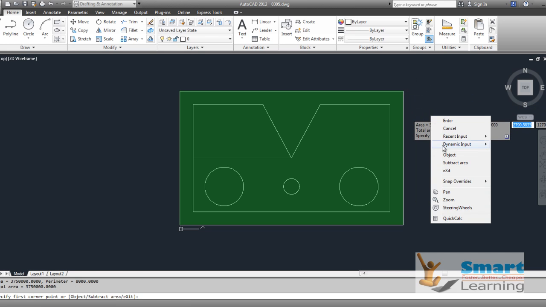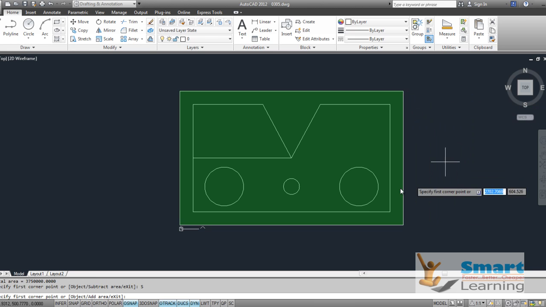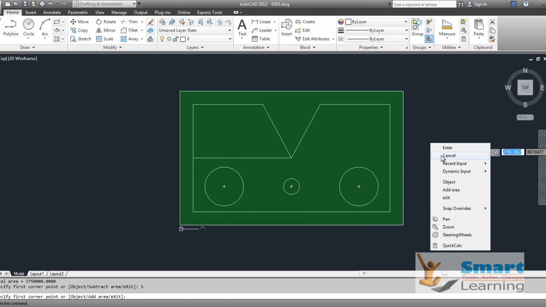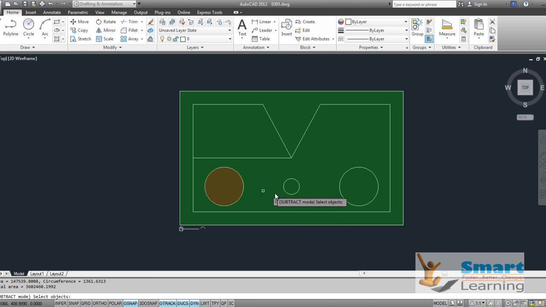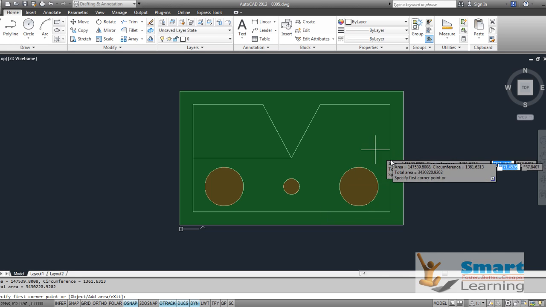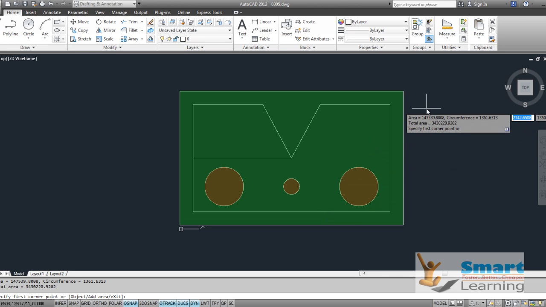Then again go to right click and go to subtract areas. This area I cannot pick the boundary points, so I'll go to the object and I will pick this point which I need to subtract. And now if you go to right click, you will get the gross areas in your cursor, and also the circumference which is available. This is one of the very new additions or the options enhancement which you can see